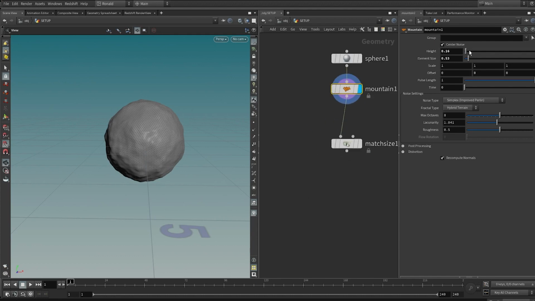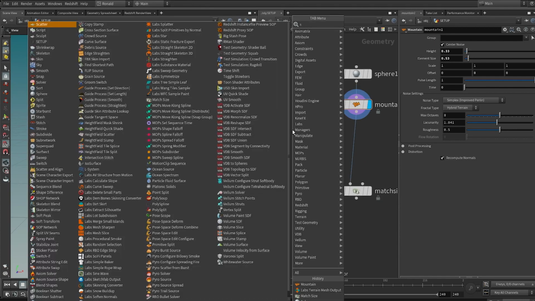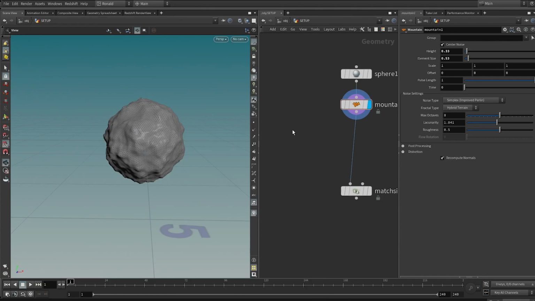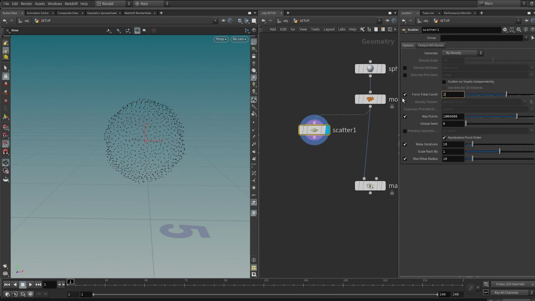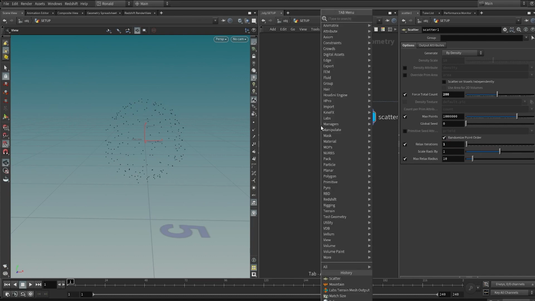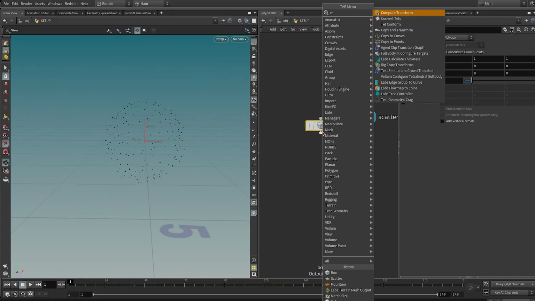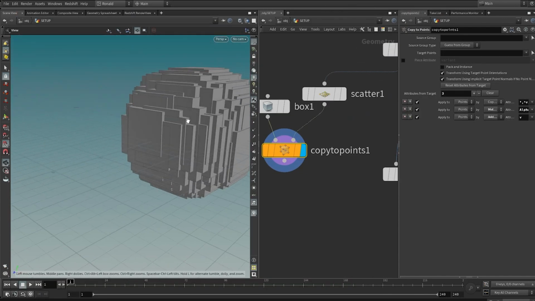Next, I'm going to just do a little bit more modeling here to make the Rocher look more like a Rocher. To do that, I need to scatter some nuts on it, right? So I'm just going to drop down a scatter node on the surface, put it at the side, and say 200 nuts. I don't need my relax iterations, or rather I'll lower my relax iterations to 1, and I'll drop down the box, and I just copy the points onto those scattered points, and we can see our nuts are